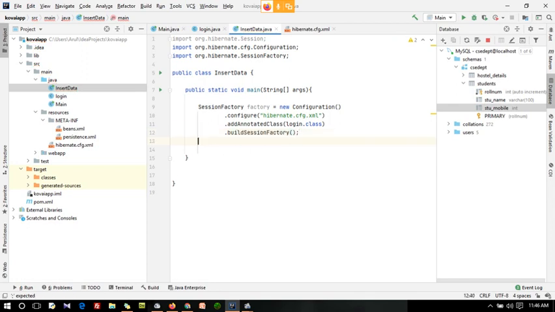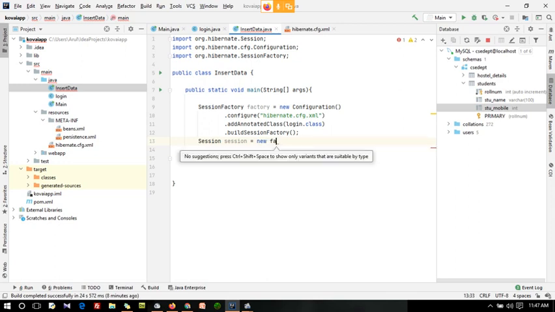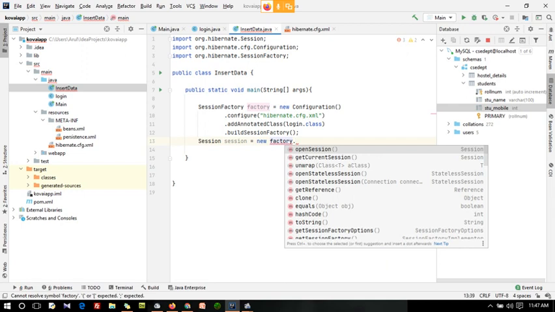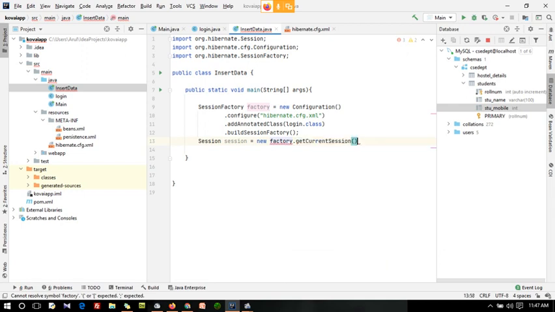That's it for my session factory, and I need to create the session variable. Session equal to factory dot get current session.